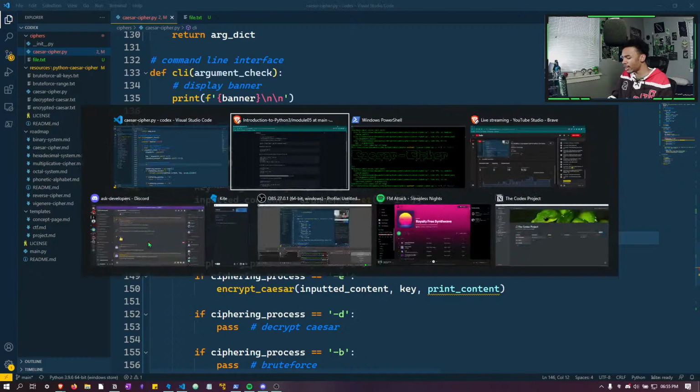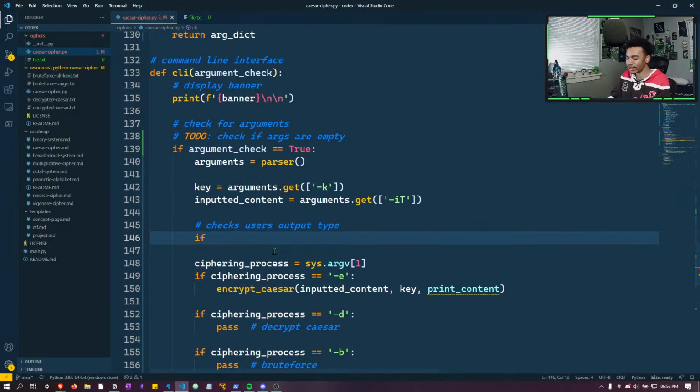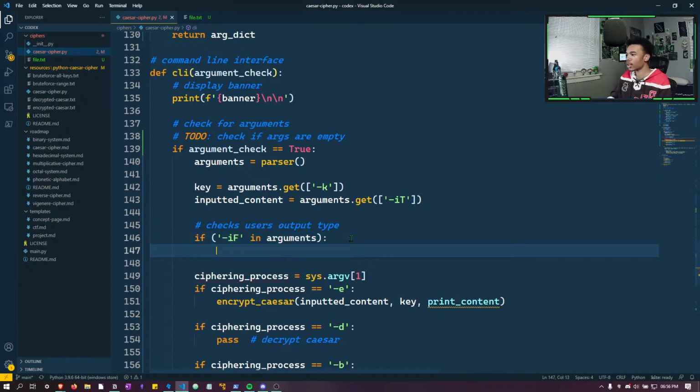Can you use in, like that Boolean operator in? Yes, you can. Okay, so if the tech input text in arguments. So if tech IT is in arguments, or tech IF is in arguments, then we can